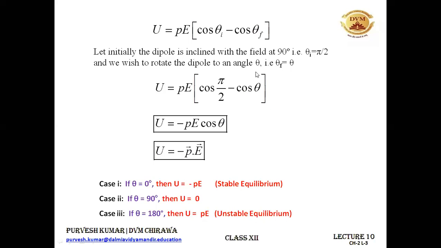I'll be giving you some time to ask the questions, and I request you to please send me the homework in email. Okay, the homework that I've given you to find the electric potential due to a dipole at an axial point as well as on the equatorial point. So you need two different diagrams. First, take the axial point, find the derivation for it, try to compare it with the result that we have obtained in our cases, and then again find it for the equatorial point. And please send it to my email ID purvel.kumar@dalmiavidyamandir.education. Okay, please, I am waiting for it. Some of you people have sent me, others have not sent, so please send.